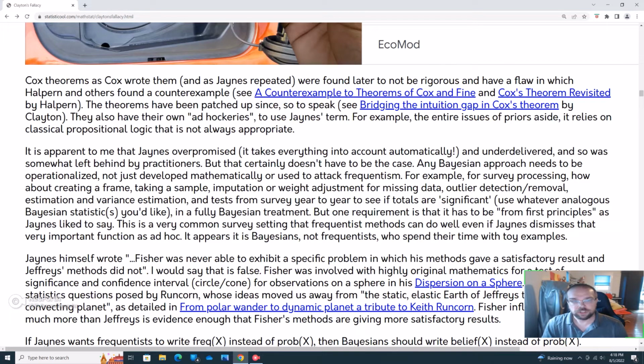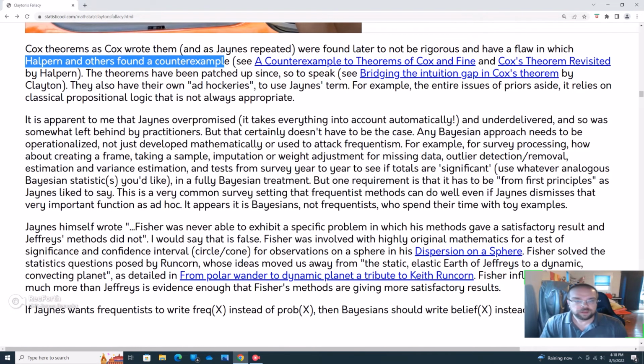The Cox theorems, which are mentioned in the book, as Cox wrote them, and Jaynes repeated, and Clayton repeated, were found later to not be rigorous, and they had a flaw for which Hailperin and others found a counterexample. So I have a paper there. Clayton tried to patch them up or whatever. I mean, having flawed theorems other than the Kolmogorov ones doesn't really mean that the Kolmogorov ones, or general frequentism, are flawed. But the Cox theorems themselves had some issues. I don't know if they still do, but